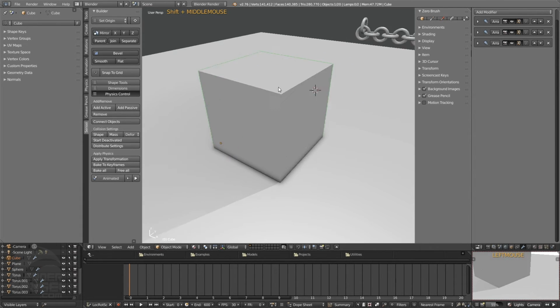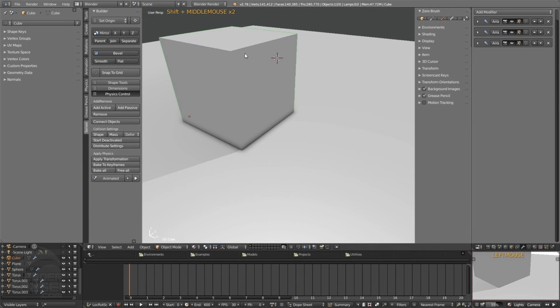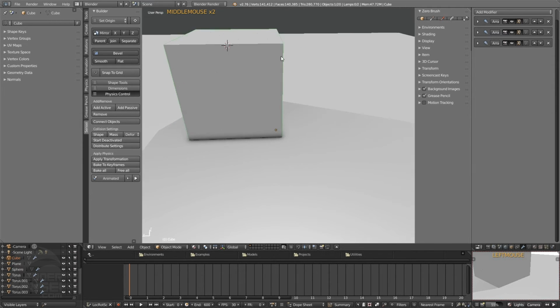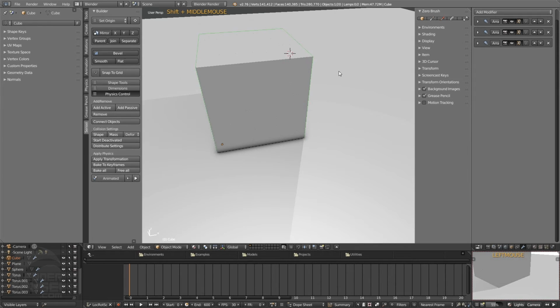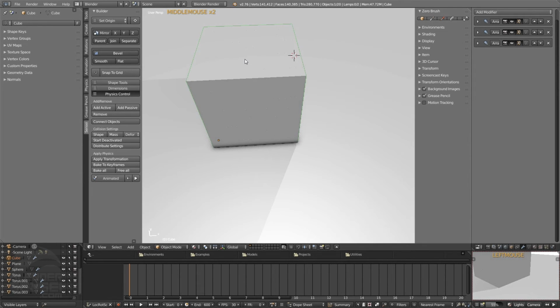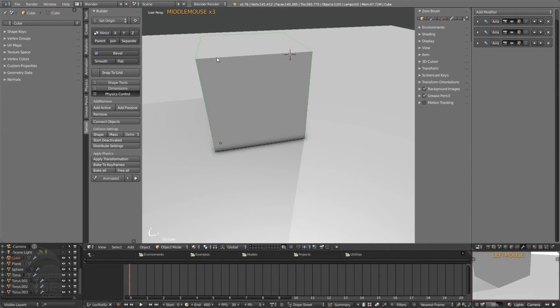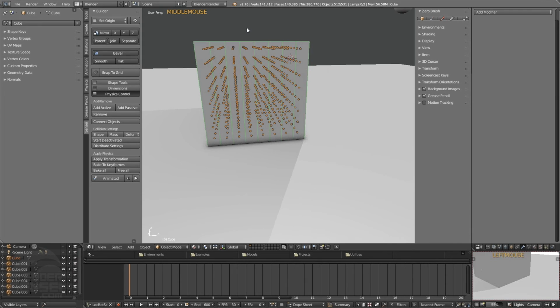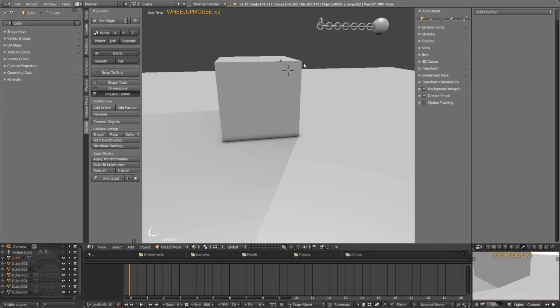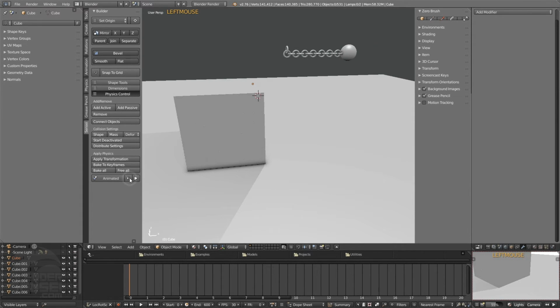And right now, if I were to press play, this ball would just come running into all these cubes and knock it as one single object. But with this array modifier, I've actually added a bunch of cubes. So what I want to do is separate these. So I'm going to press separate. Now I've got all these individual cubes, and I could double click off here to deselect all that. Now if we press back, press play,